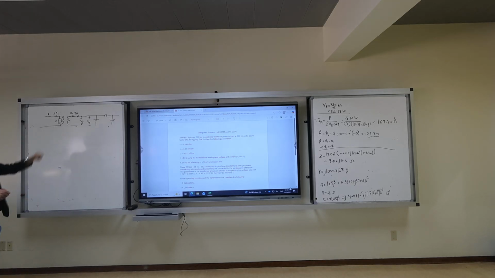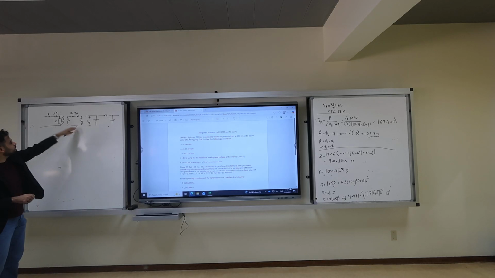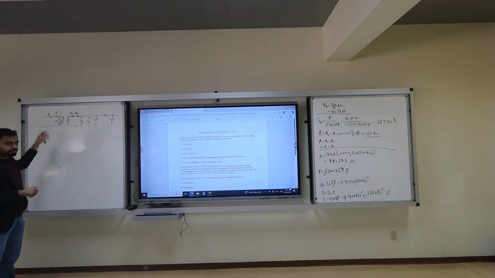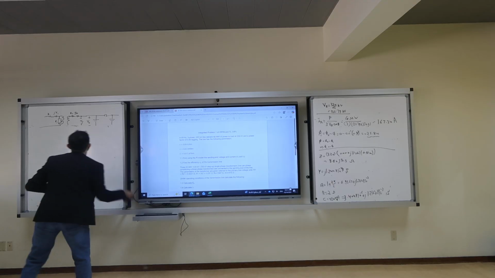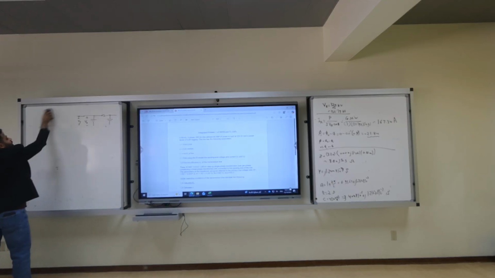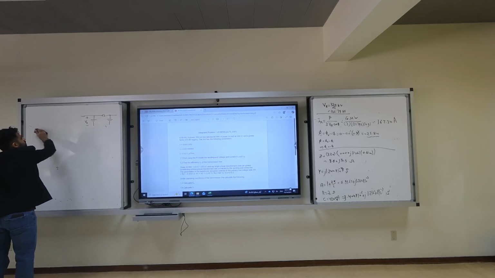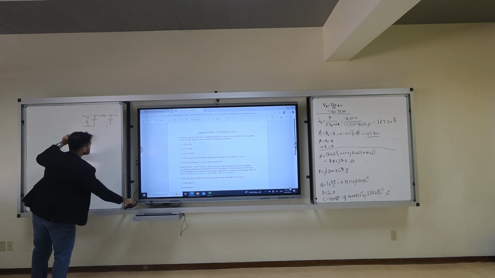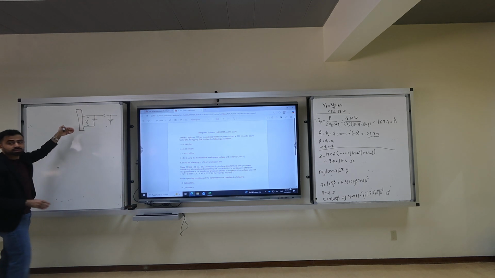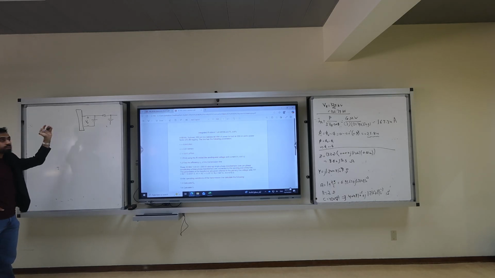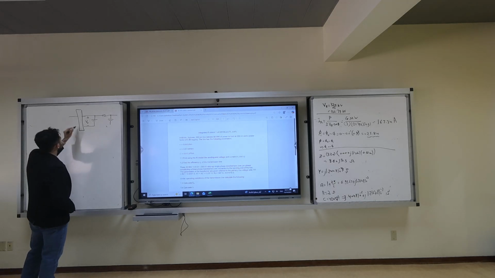But can I solve it? I have to refer everything to primary. So how to refer it to the primary? Well, I have to reflect the VS. I always draw a square. Why do I draw a square? It means reflection. When I draw a square, what is the voltage here? VS prime, right? Here J, X2,